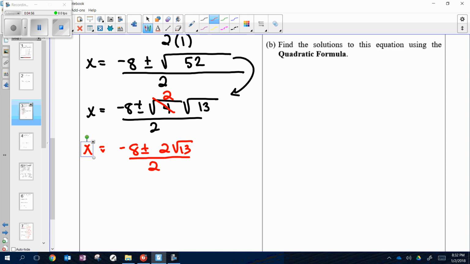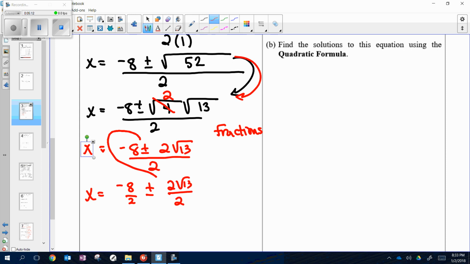So I simplified my radical, and now I'm going to simplify my fractions. I bet you don't see these fractions yet. Negative 8 over 2 plus or minus 2 rad 13 over 2. I call this loving the problem because I'm taking the two pieces centered around the plus or minus and separating them, both dividing by 2. Reducing your fractions, negative 8 divided by 2 is negative 4, and 2 divided by 2 is a 1,